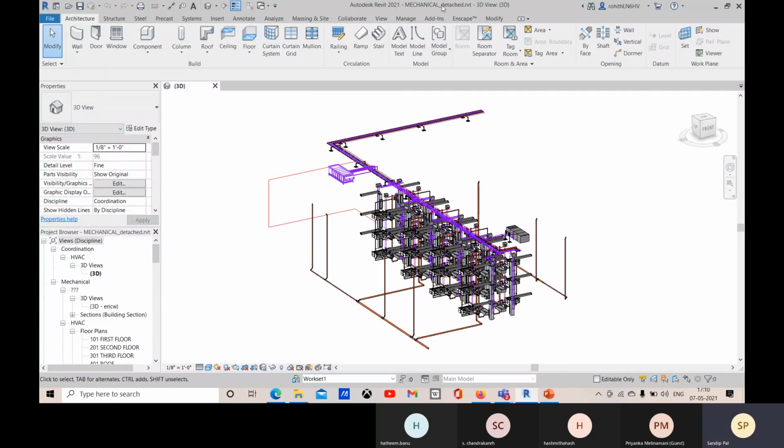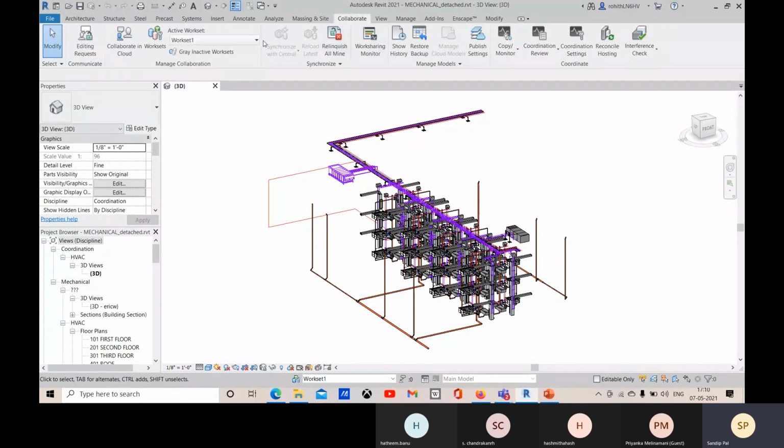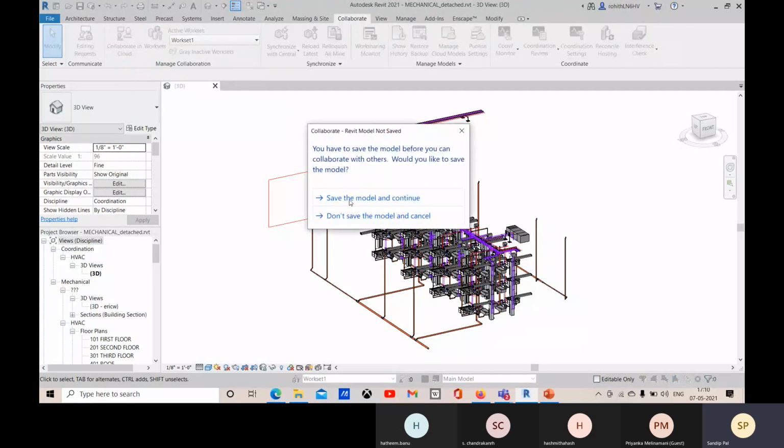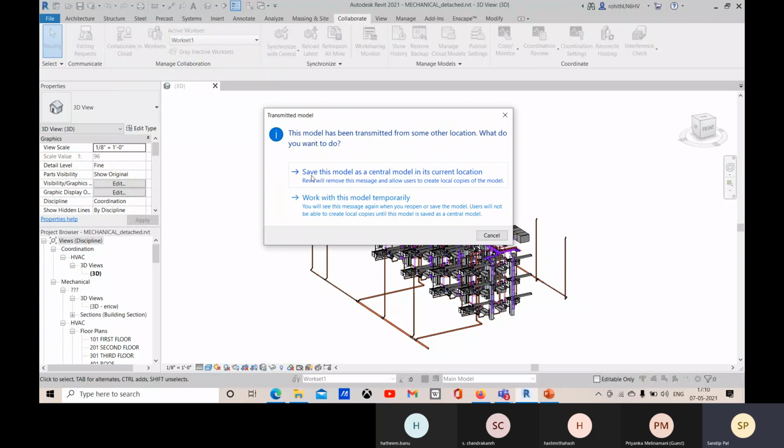Here you can see it is written with the name detached. After that, go to Collaborate and then Collaborate in Cloud. When you save it, you see the message: save this model as a central model in its current location. This model has been transmitted from some other location. What do you want to do? Obviously we will save it as a central model in its current location, right?